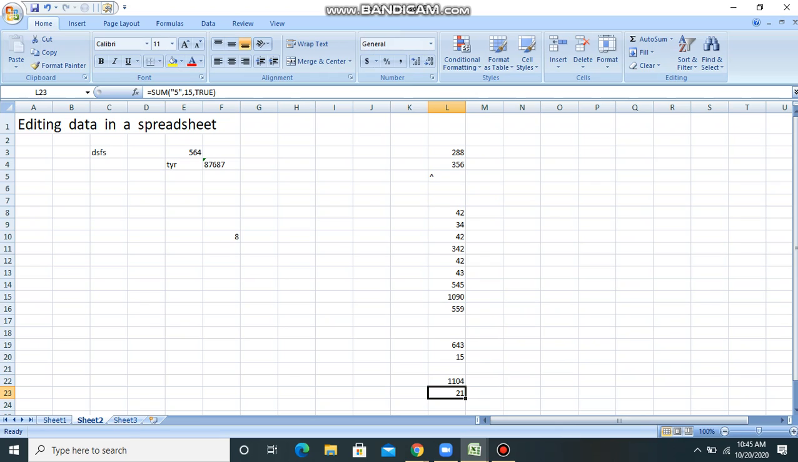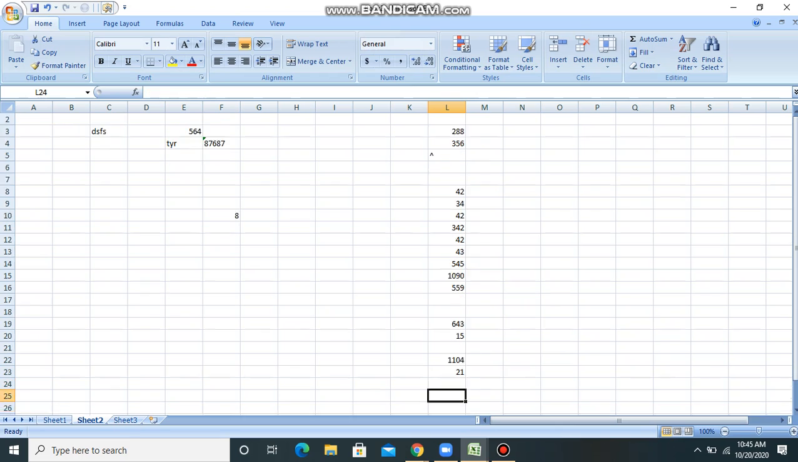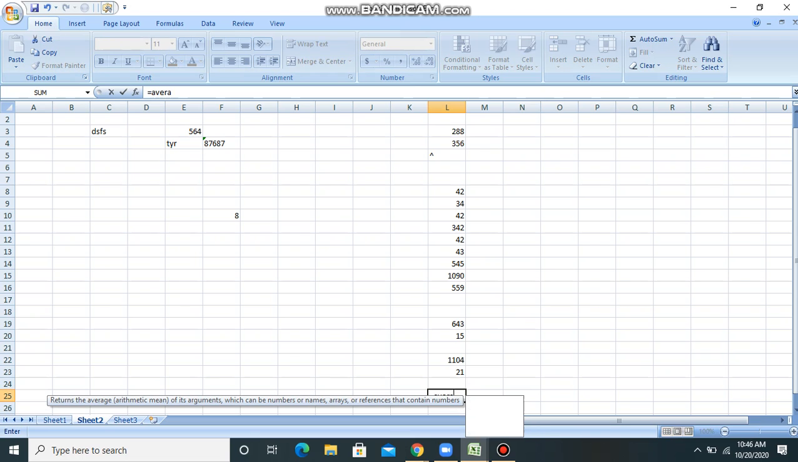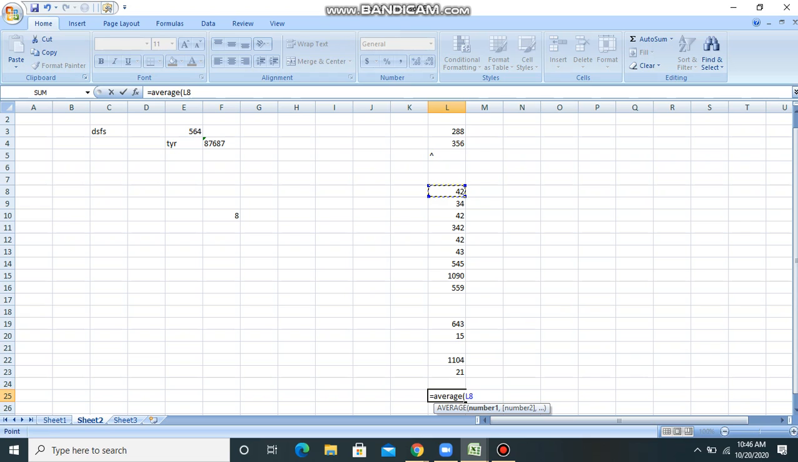Similarly, we can use AVERAGE. I can just show you the average like this, equals to AVERAGE, and I want to find out the average from this number to this number. Okay. As we have various options in SUM, I can use all the options in the case of AVERAGE also. We can have commas,